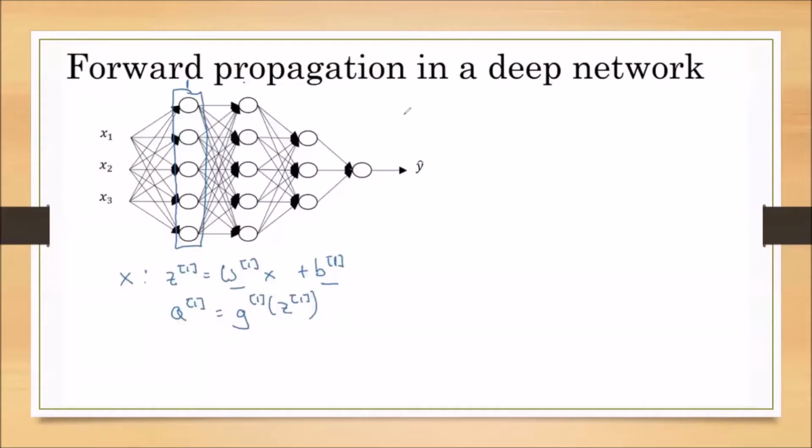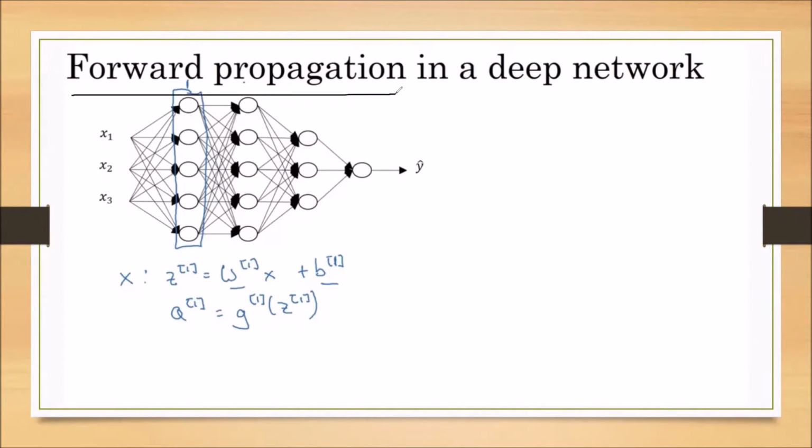So far, we have seen how to denote the deep neural network. We already discussed that whenever we take more hidden layers, it is called a deep neural network. If we take only one or two hidden layers, then it is a shallow neural network. But when the hidden layers increase, then it is a deep neural network. Now we are seeing the forward propagation in the deep neural network.